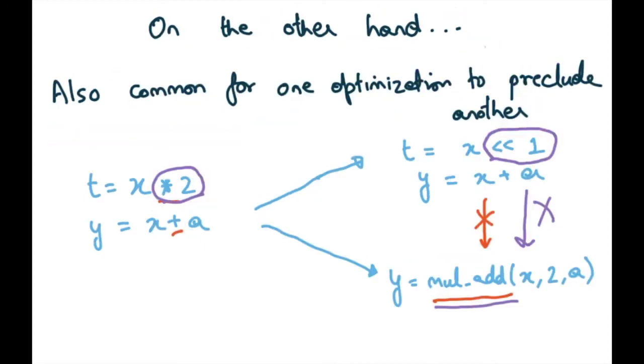This kind of problem, where you want to decide which optimization to apply so that you don't thwart other optimizations, because some optimizations will enable some other optimizations, while on the other hand some optimizations may preclude or thwart the other optimizations, becomes a big problem. And this is a well-known problem in compiler design, and is popularly known as the phase ordering problem. And we are going to learn more about this as we go along in the course.